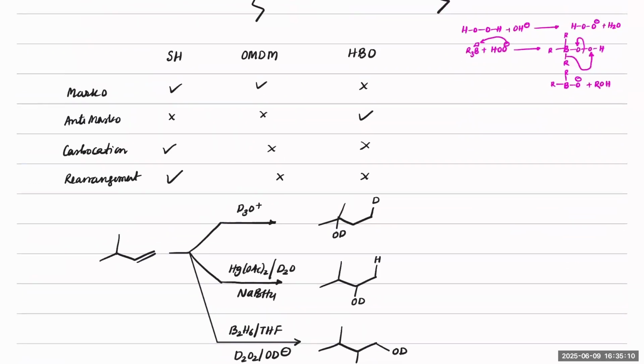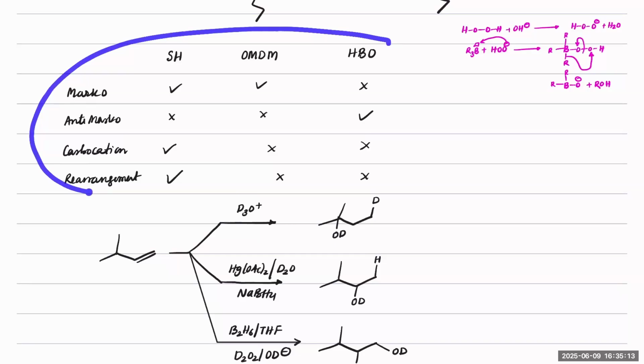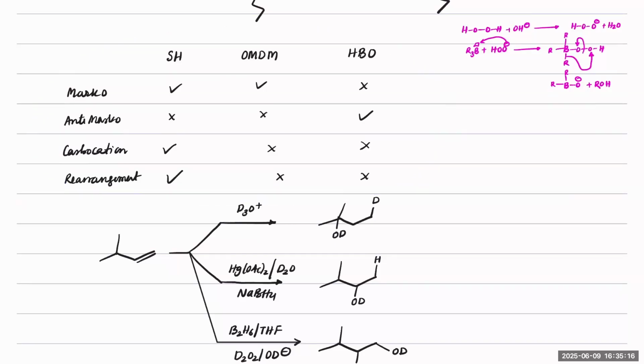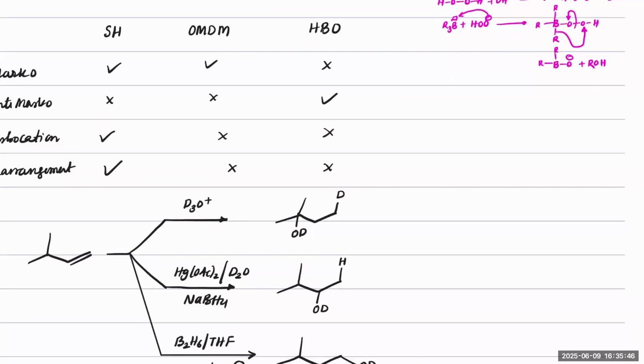Yes, sir. Now, if you notice the hydration, there are 3 reactions which we just learned. And this is the synopsis of that. Simple hydration, there is Markovnikov addition followed. Carbocation is observed. Rearrangement is possible. Oxymercuration, demercuration. Markovnikov is observed. Correct? It has no anti-Markovnikov addition. There is no carbocation. There is no rearrangement. In HBO, there is no Markovnikov. There is anti-Markovnikov addition. There is no carbocation. There is no rearrangement. Another important point that is to be noted here is that, okay, only